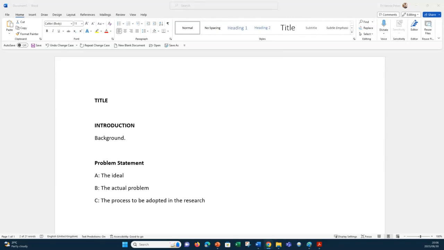That's cool. And then the process to be adopted in the research, it literally is you just writing, depending on quantitative or qualitative research. In this research, I will be adopting a qualitative process involving face-to-face, open-ended interviews in order to examine the key elements of making the transition from the problem to the ideal. And you can write it a lot better than that. Or I will be adopting a quantitative process involving the use of surveys,